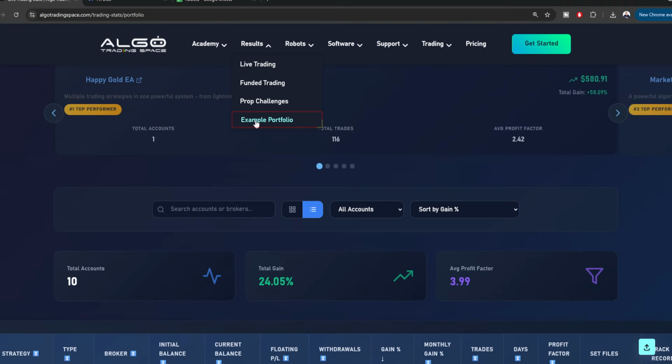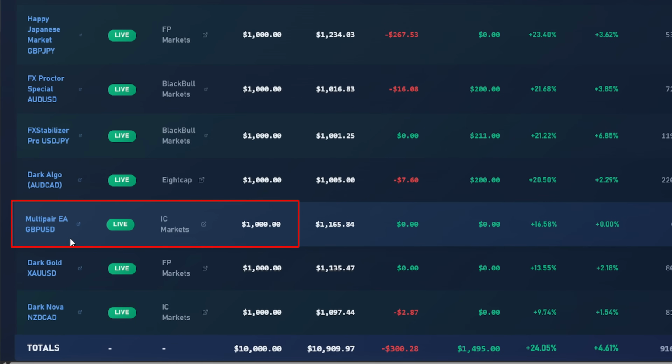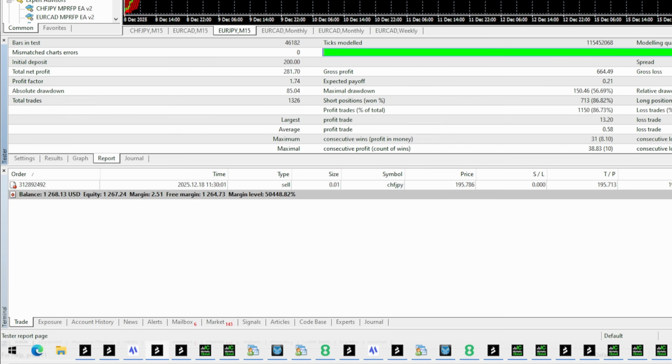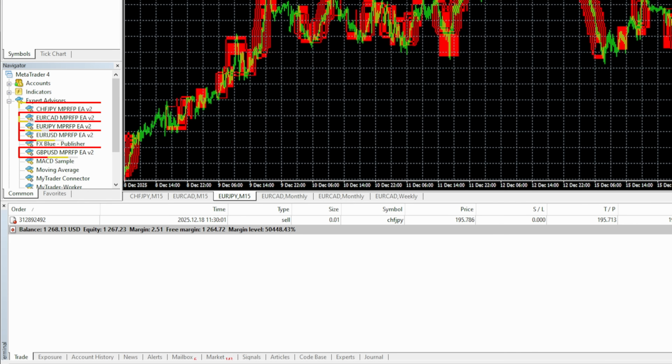because it seems that this currency is the most suitable, and this is the reason why the example portfolio where we were trading the pound dollar with the euro CAD exactly, simply because based on the backtest we don't expect such huge drawdowns like with the euro dollar or with the pound dollar. And until recently this $1,000 live account I was trading all of the currency pairs with the same lot,